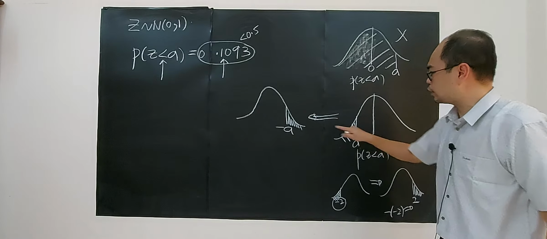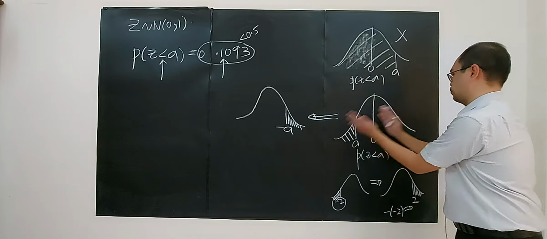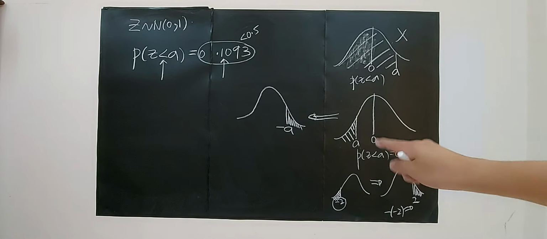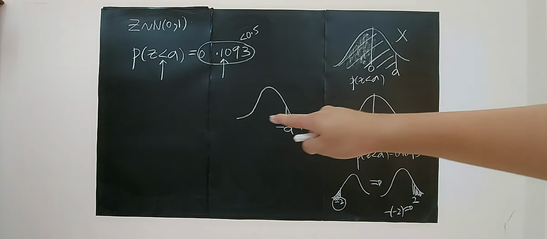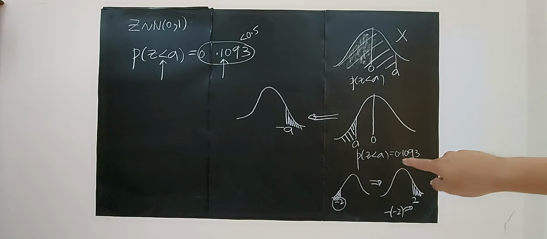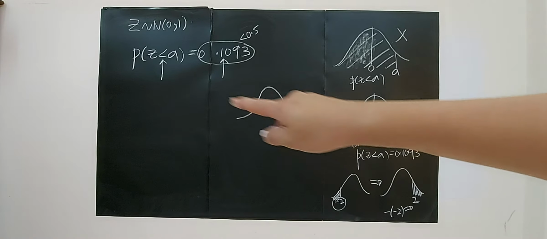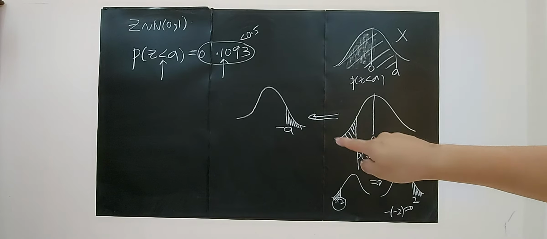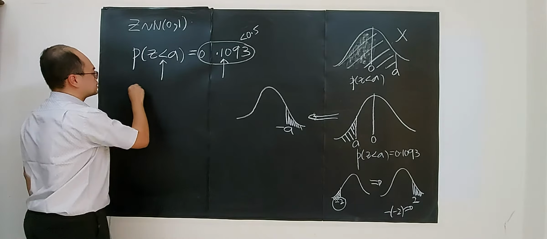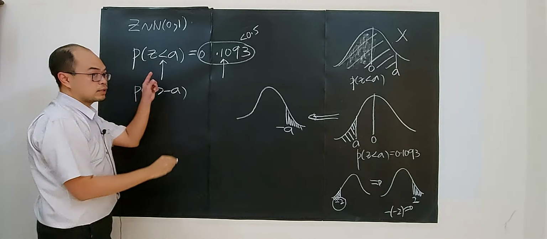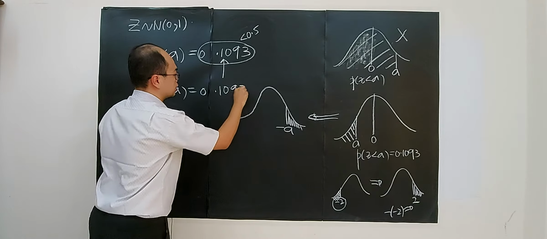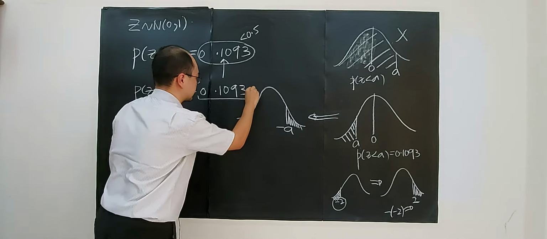A is a negative number. If you put a negative, it will become positive, because you already reflected it onto the right hand side. So remember, this distribution is the same as this one. So P(Z less than A) here, which is 0.1093, is the same as Z less than A, which is the same as P(Z greater than negative A). Only for this case, which is 0.1093. Now only you can start finding from the statistical table.